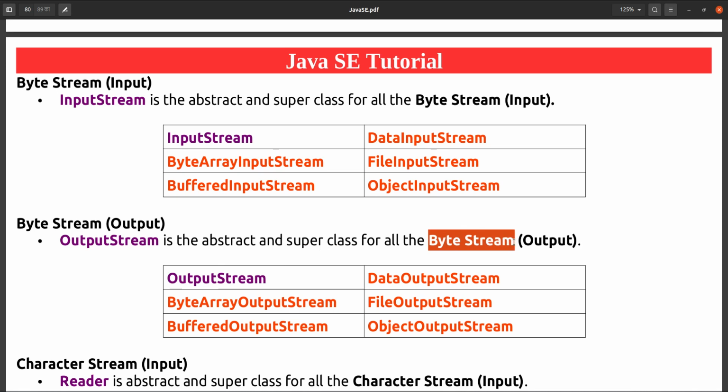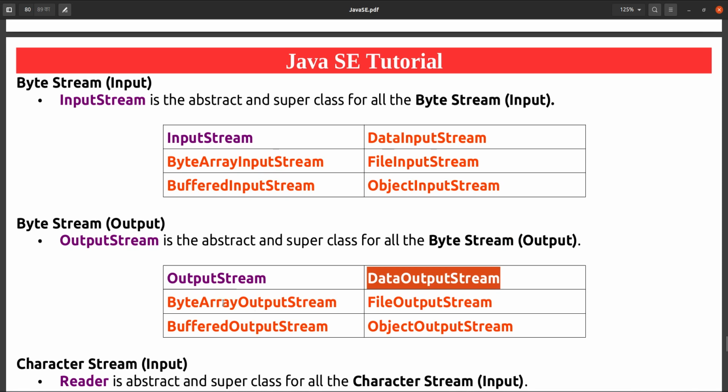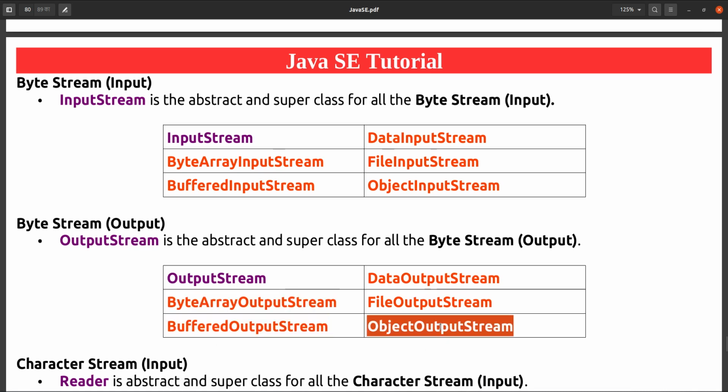So if we have to give the output, and that output should be of byte stream type, we have to use output stream, and we can use any of the implementations. That can be data output stream, file output stream, byte array output stream, buffered output stream, or object output stream. It depends on your requirement, whether you want to take the data from a file, from an array, or if you want to give the stream as an object.